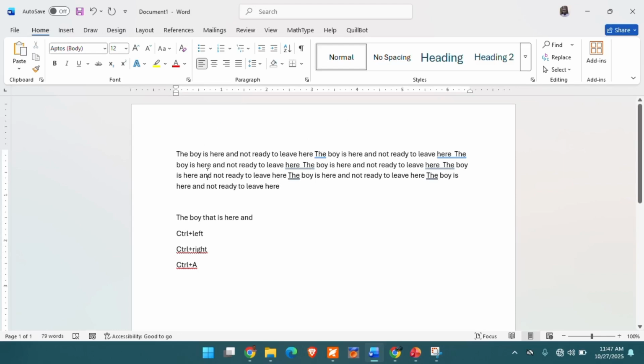And one way you can do that is by double clicking on the word. It will select the entire word. So when I double click, you can see that it has selected the entire word. But there are times when you want to select an entire line. You can click the blinking cursor at the front of the line and drag it to the end of the